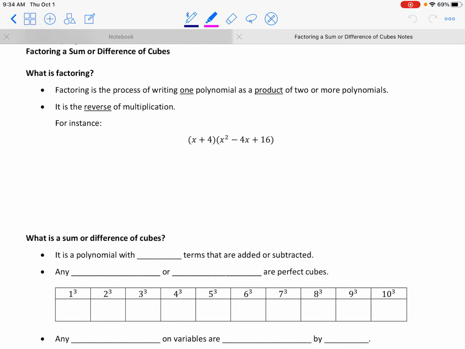So the sums and differences of cubes are probably the most challenging to factor if you're trying to memorize a process. The good news is we do have formulas that will help us here. But remember, factoring is our process of taking one polynomial and rewriting it as a product of two or more, and it is the reverse of multiplication. So we're going to start with a multiply problem so you can see what the sum or difference of cubes is going to look like and where